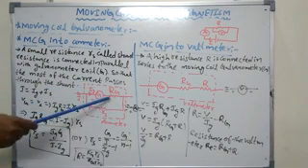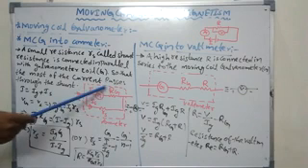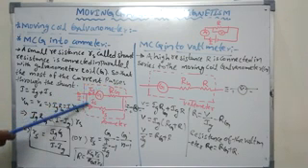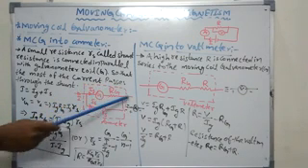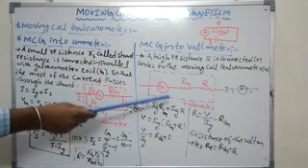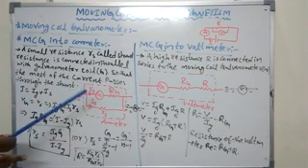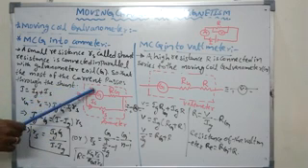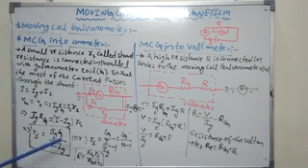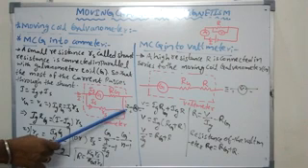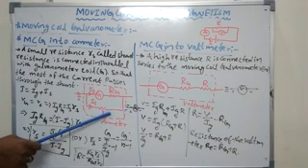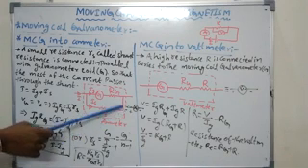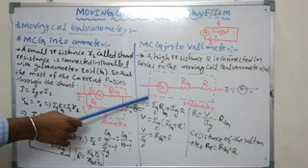Through the galvanometer, a very small, negligible amount of current flows, and more current flows through the shunt. Suppose Ig is 10 power minus 9 ampere and I is 10 ampere. So 10 power minus 9 is a negligible current. The maximum current flows through this shunt resistance, because it has a very small resistance. So the complete current is flowing in the circuit.